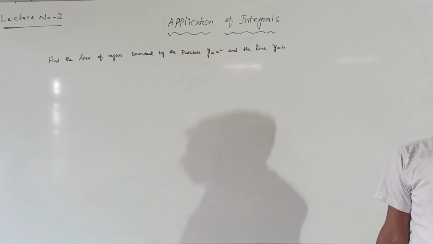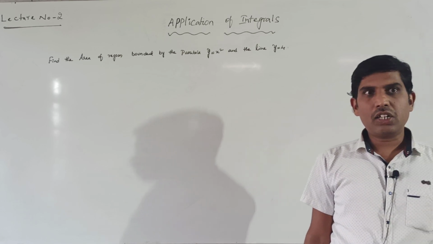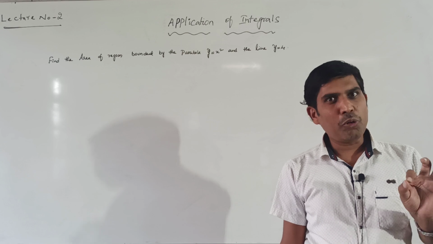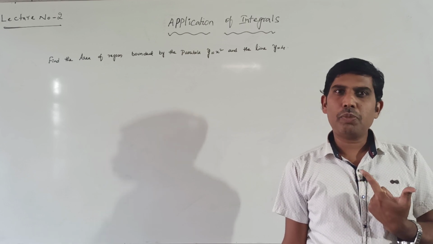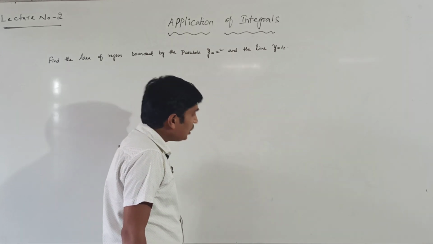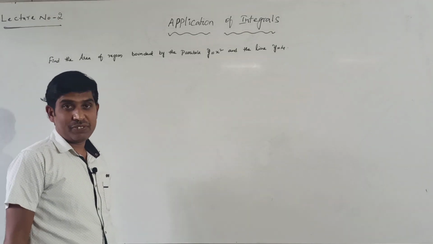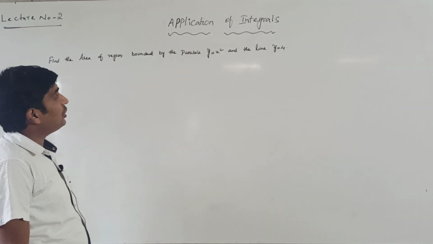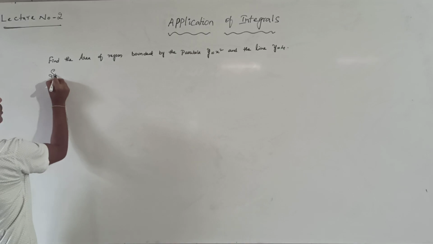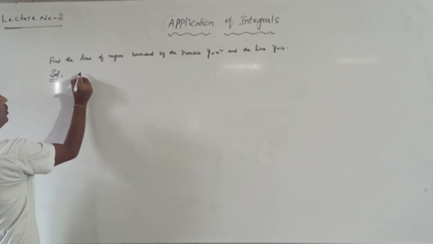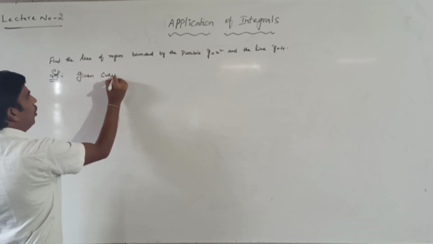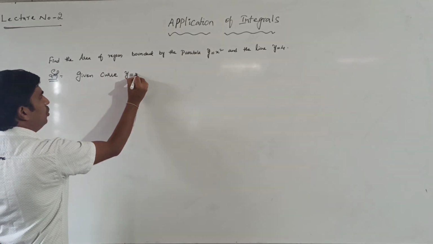So in first year, straight lines and conic sections, if you have good knowledge about that, then these problems are very, very simple. That's why first, the given curve equation or given parabola equation, what is that? y equals x square. Observe. So the given curve is y equals x square.